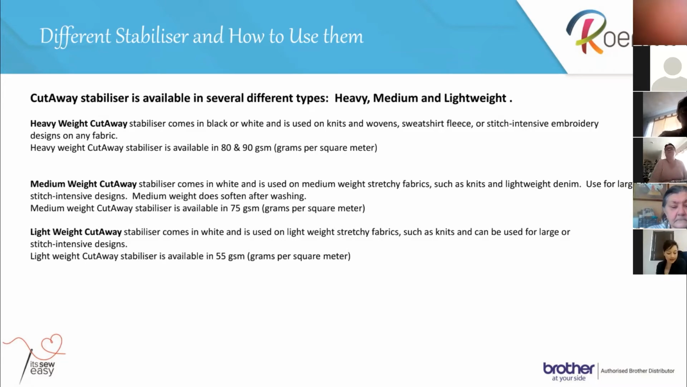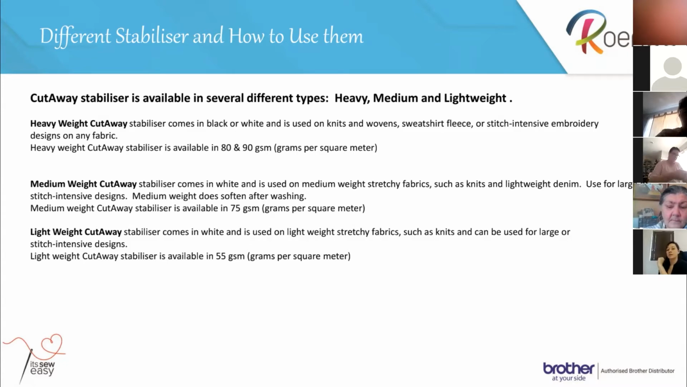Our medium weight Cutaway Stabilizer comes in white, and it is used on medium weight stretchy fabric. So on your lightweight denims, you can use your medium weight stabilizers. And this one would also soften in the wash, whereas your heavyweight takes a little bit longer to soften. So that one's not the best to use on shirts or something